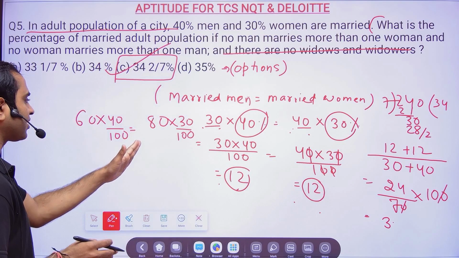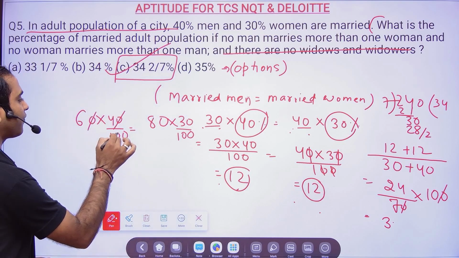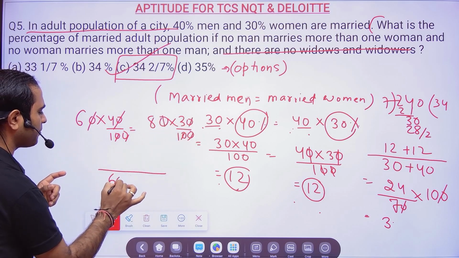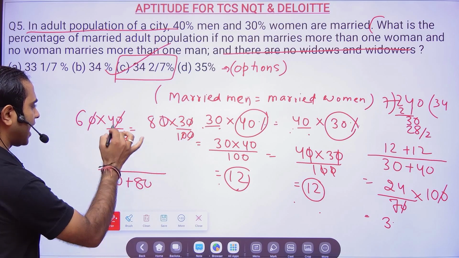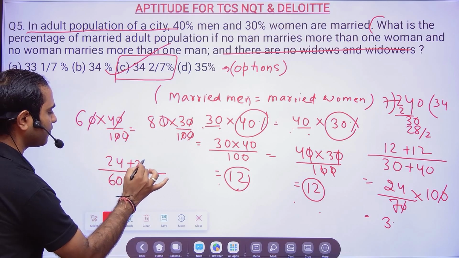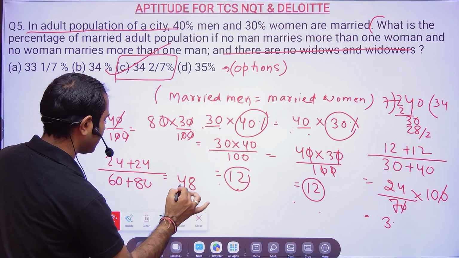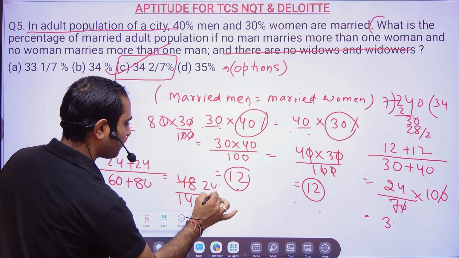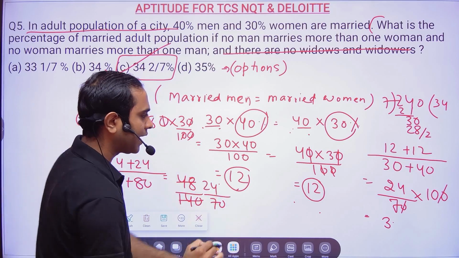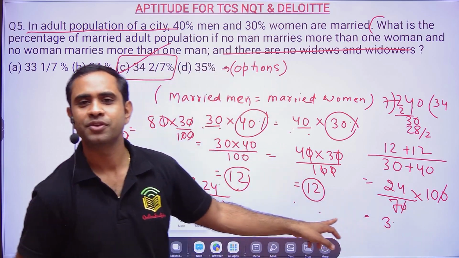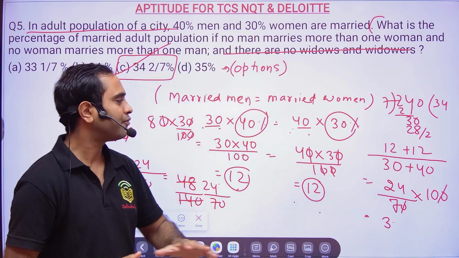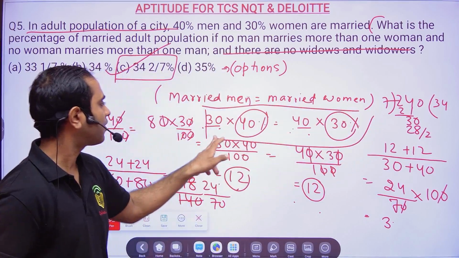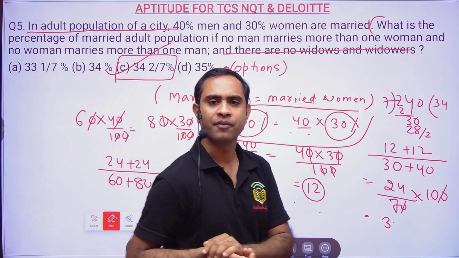If you want to take some other value also, no problem, my dear friends. You can take any other value. You will always get the same answer: 60 plus 80 here, and then 24 plus 24, so it will be 48 divided by 140. And if you divide 24 by 70, you see you are getting the same values. That will give you a very clear idea. So the approach here was to think of a value which will give you